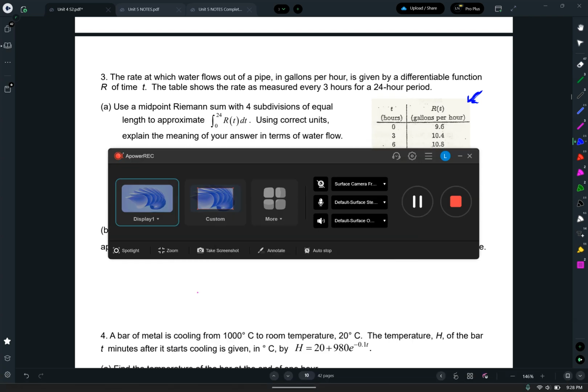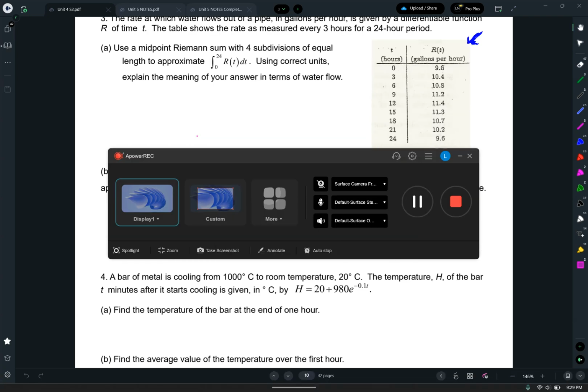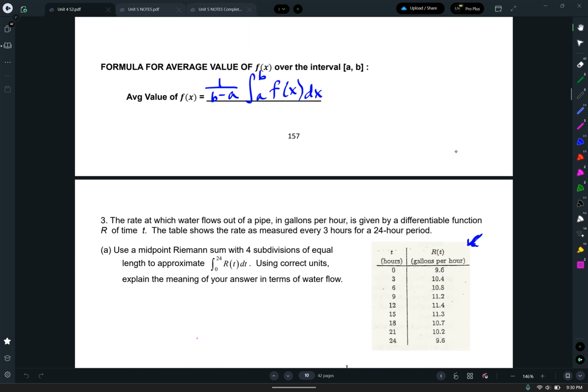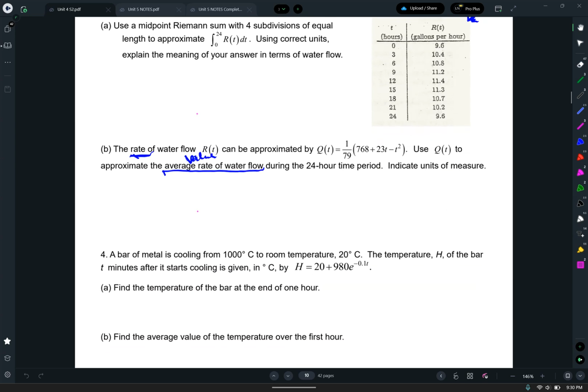All right, so we're thinking of this as the average value of the rate. Remember how up above we said if you want the average value of F, you're actually integrating F. So if I want the average value of the rate, I need to be integrating the rate. So I need to be integrating Q. So this average value is going to be,